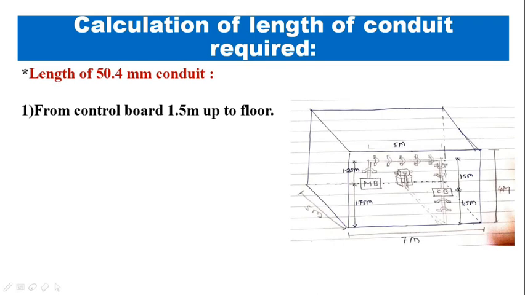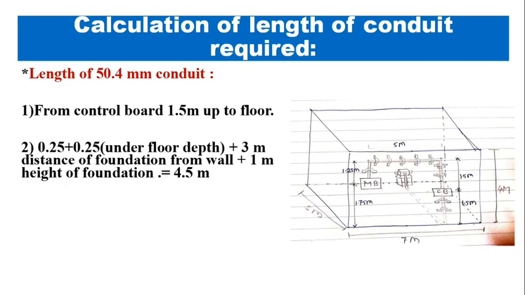Then for connecting this wall to the motor, that is the surface horizontal floor, you have to do this wiring underground. So the depth you can take 0.25 meter,